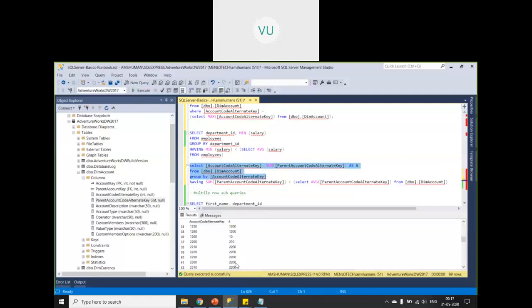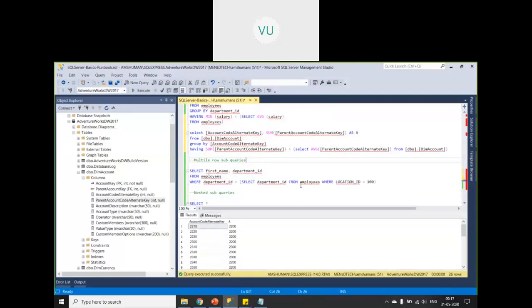There are some groups with more than the average value, 2300, 2200, right? So those records should be returned. Out of 99, how many groups are satisfying? Only 26 are satisfying my having condition. Only 26 groups are satisfying.